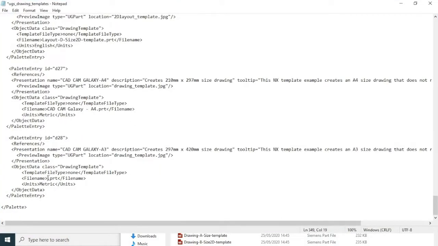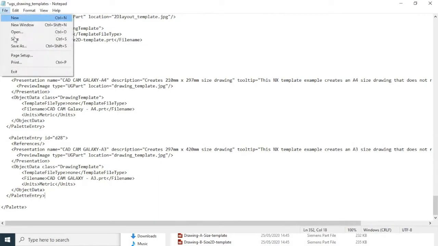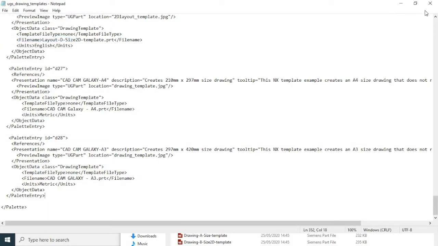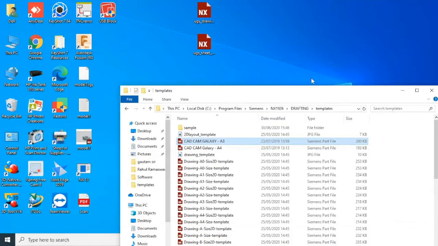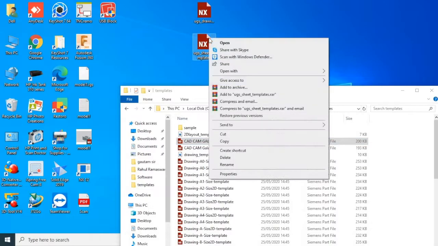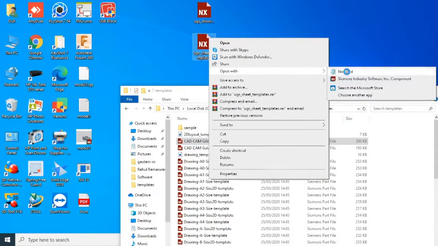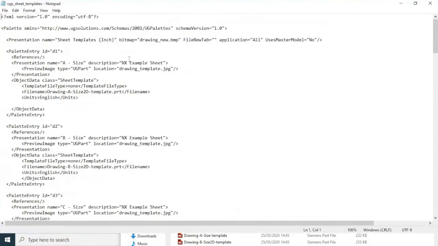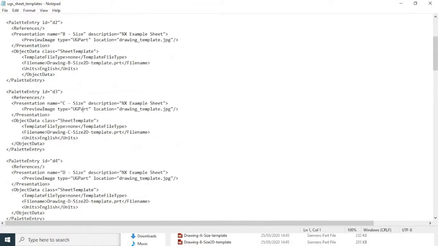Once the file name is updated, we can save this file, and make sure you have a backup of it before you do so, because that is very important. If you don't have a backup and you accidentally make changes you are not supposed to, then you will not be able to revert back to the normal position. That is the reason I copied this file to the desktop, so that whatever modification I'm doing is not in the original file.